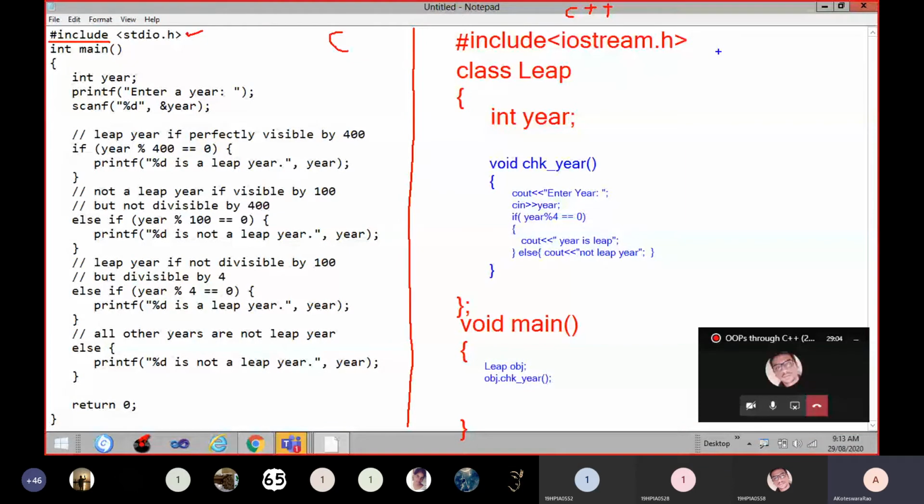So in such cases, you have to specify the main function return type as int. Otherwise you will get an error. Understand? Now we will see the reason to specify the main function return type as int. After completion of this one, we will see that.